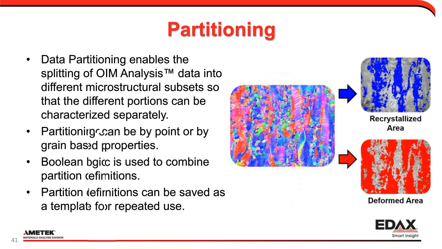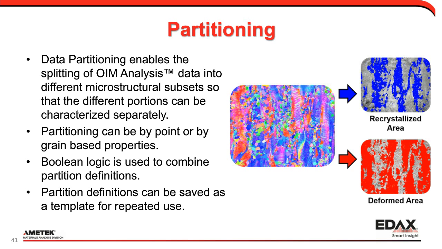Another concept with OIM analysis that's very useful is what we call partitioning, where we can take our entire data set and break it into microstructural subsets so that we can characterize each portion separately. We can do this point by point or by grain-based properties. We can use logic to build bigger partition definitions, and we can save these definitions as a template for future